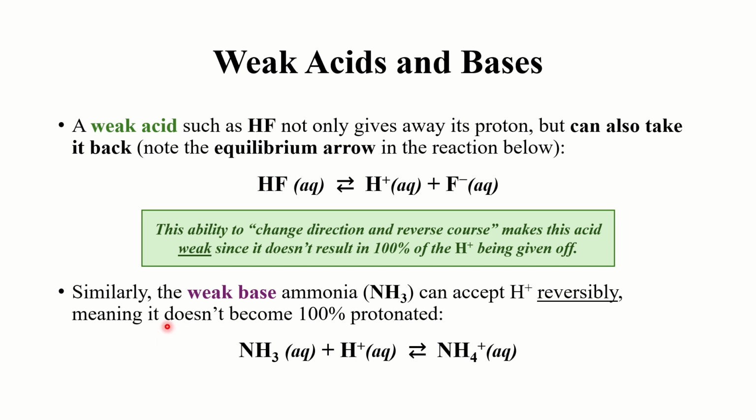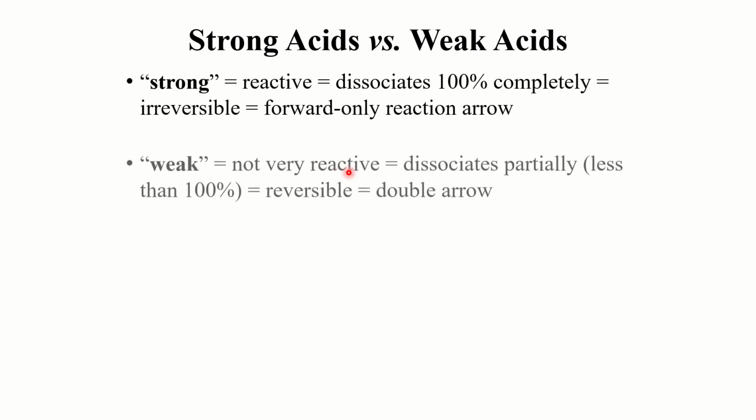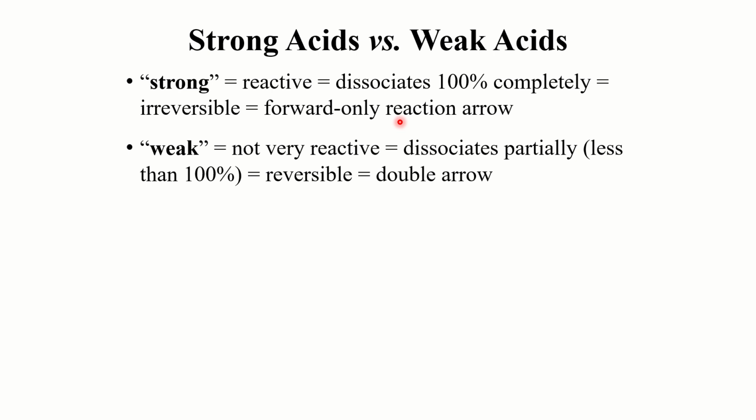Similarly, the weak base ammonia, NH3, can accept H+ reversibly, meaning it doesn't become 100% protonated. So NH3 plus H+ forms NH4+, but again, note the double arrows indicating this is a weak base with a reversible reaction. So to summarize, strong acids and strong bases versus weak acids, weak bases, the same definition will hold for both,